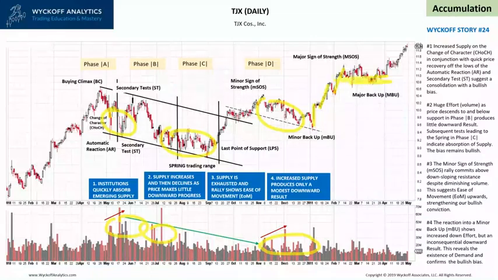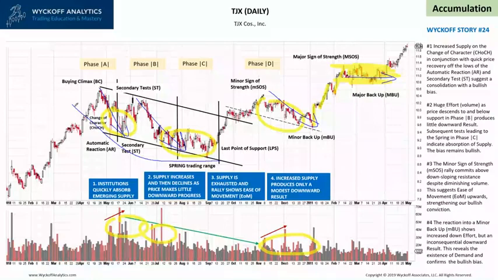And look how flat this reaction is. One of the things that are important to understand with reactions is the angle or the slope of the price. Once it becomes more horizontal, we need this slope to go from more vertically down